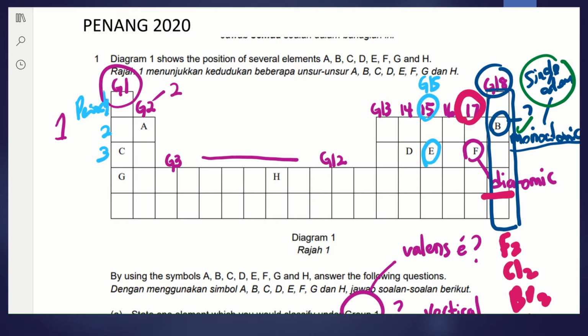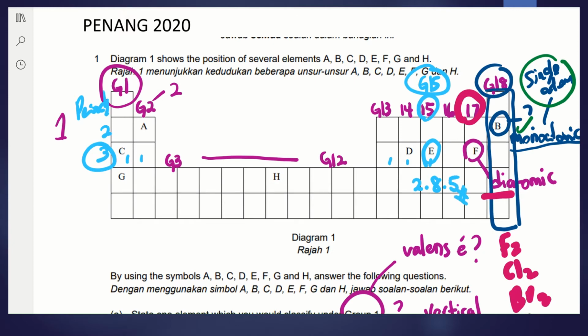So E is in group 15, period 3. How to write the electron arrangement? First, we follow the first row, which is 2. The second row is 8. Next one is 1, 2, 3, 4, 5. So for E, 2, 8,